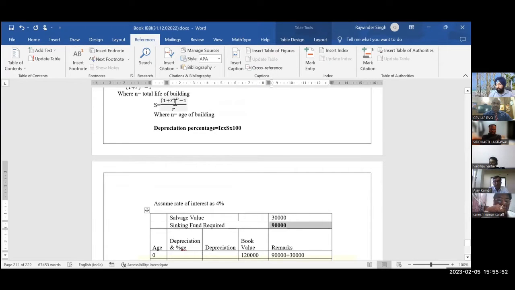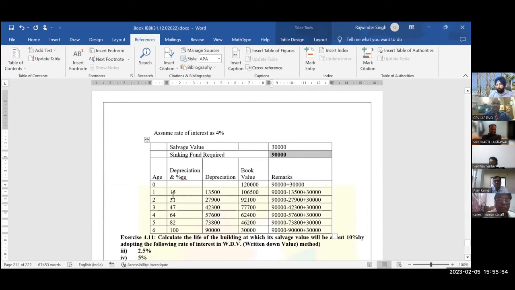And if you put all the values, the depreciation percentage in the first year will be 15%. And there is 50% of 90,000. So now you have to apply 15% on 90,000, not on 1,20,000. So 90,000 at 15% will be 13,500. Depreciation in the first year will be 13,500, and you will be left with,